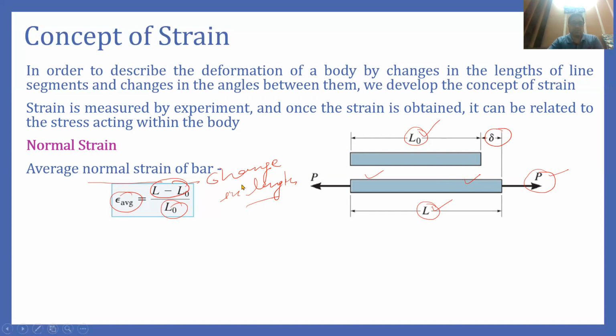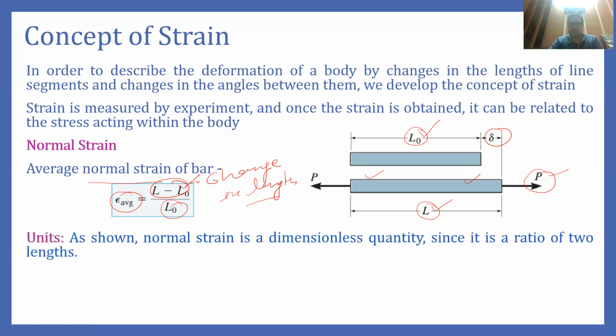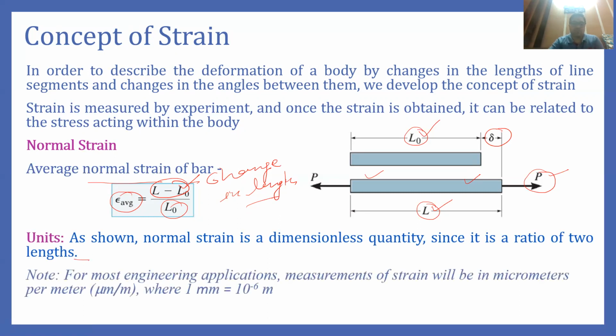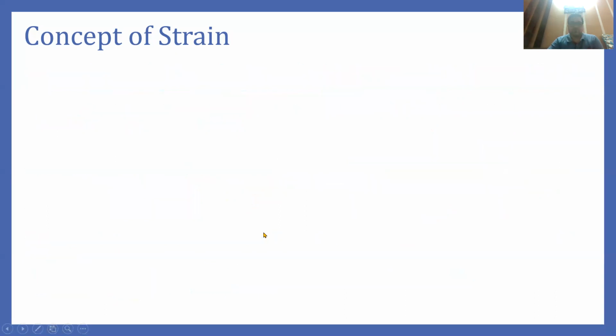Now what should be the unit of this strain? Well, obviously, as you can see, in the denominator and numerator it is length, so it has the same unit. So ultimately strain is a dimensionless quantity, because it is basically a ratio of lengths. But sometimes we quantify this strain in terms of micrometer per meter. So the extension or the compression of any element can be expressed as micrometer per meter length. So the effect of normal stress can be explained with the help of normal strain.